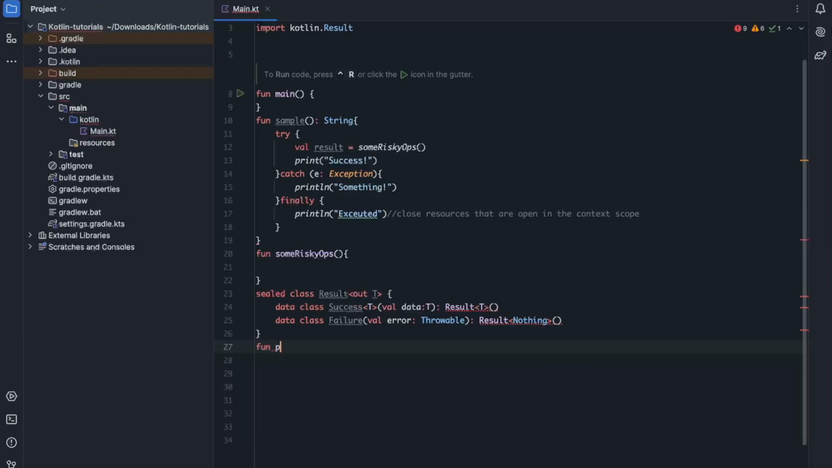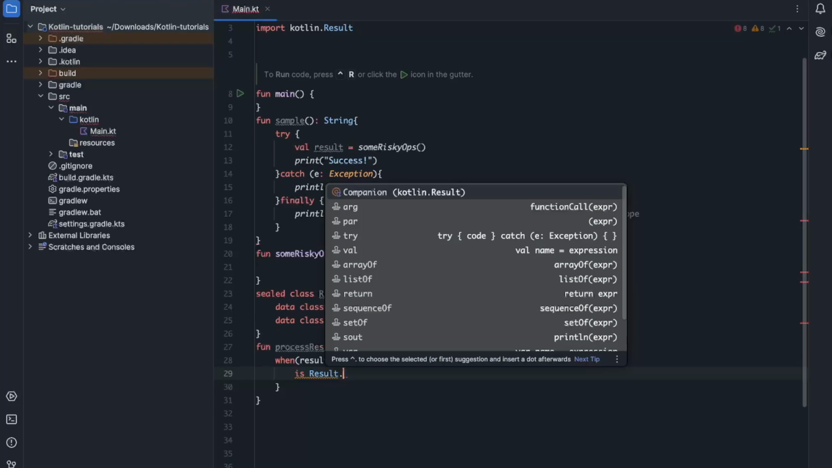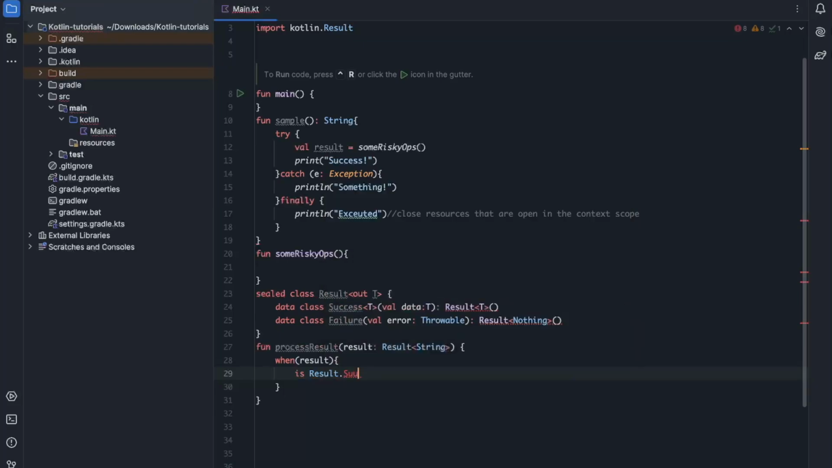So suppose I write a function, process result, and I take a result with the result type as string. Okay. And inside that, I'll do what? I'll use a when on the result, and in case of result dot success, what I'll do is